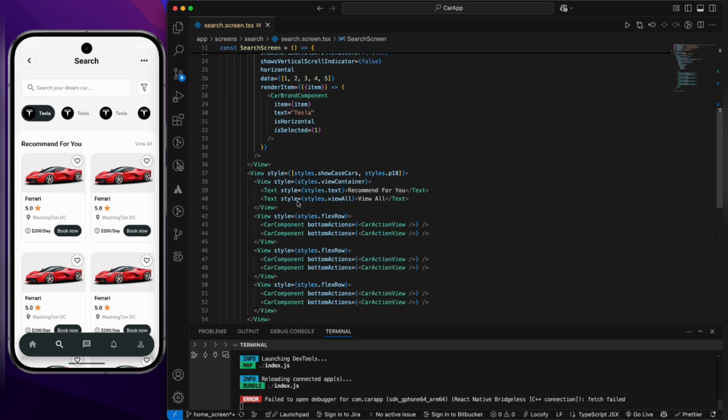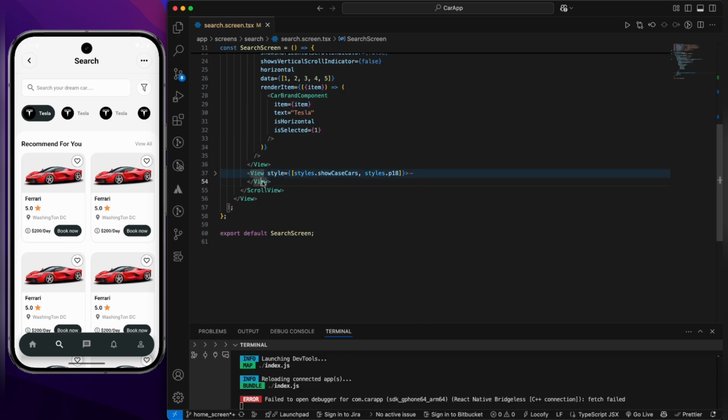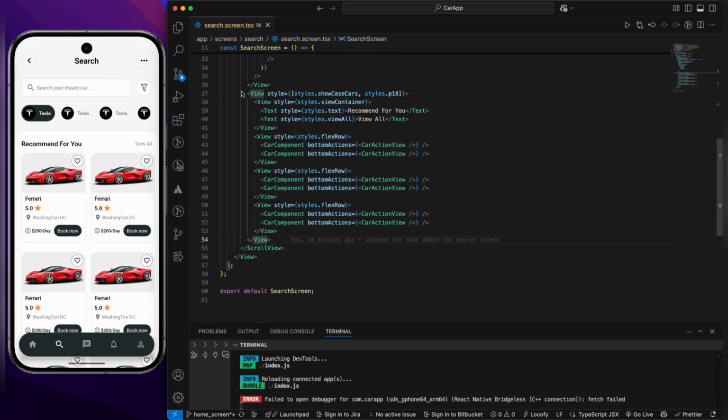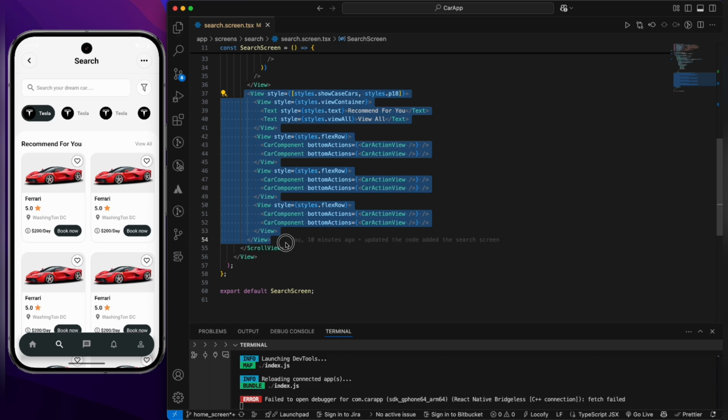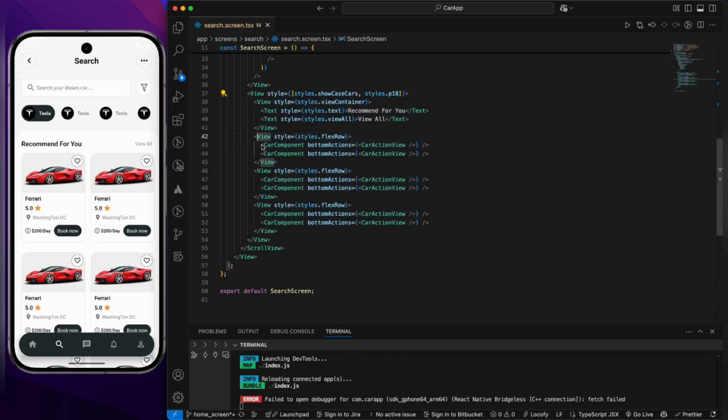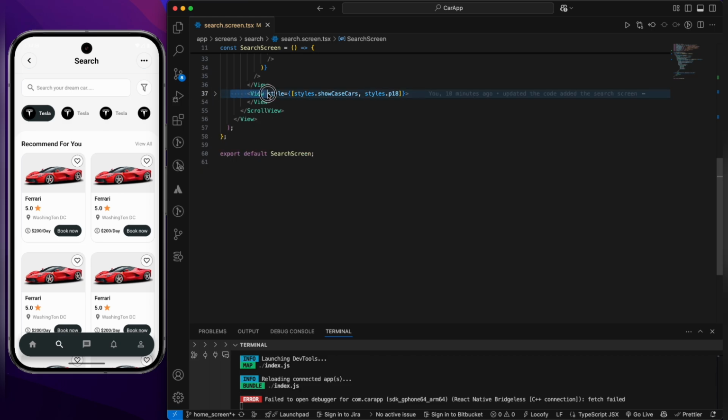So let's do one thing, add one thing which is a view. And it's also redundant, a repeat. Why I've kept this is because the moment we have data, we are going to render it via flat list. So there will be no point of writing this whole code in a separate file, because we just need this car component. It will render with the number of columns 2 for the flat list. So we just need this thing. That's it. So let's minimize this